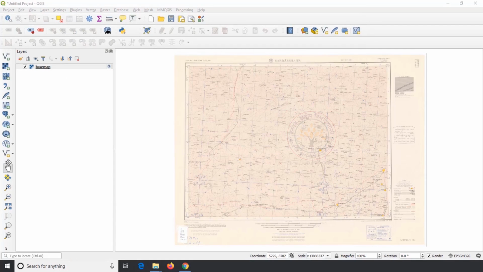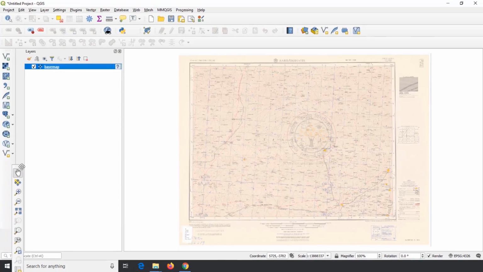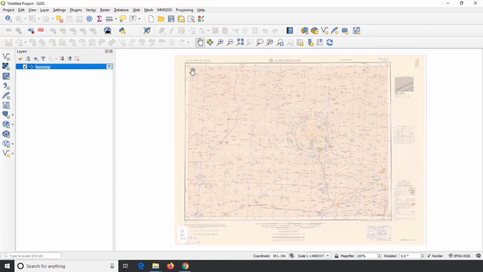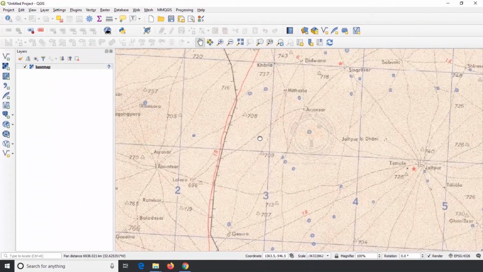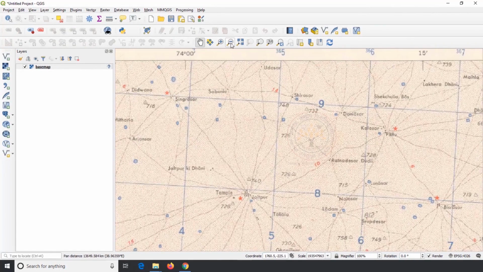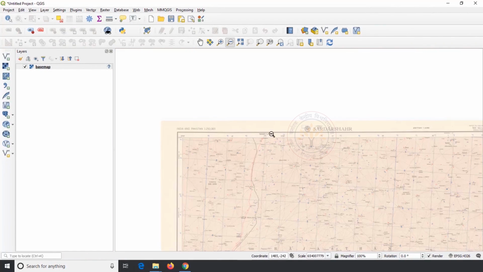I have kept the map navigation toolbar on the left side of the software. To keep it on the top of the software, I click on the 3 dots and move it to top. I use the zoom tool to zoom the topo sheet and the pan tool to move the topo sheet. To reduce the zoom, I use zoom out.